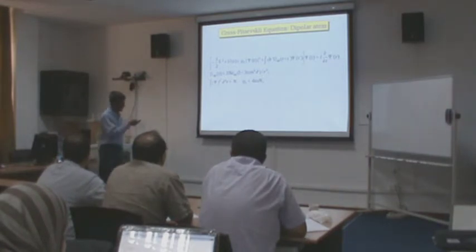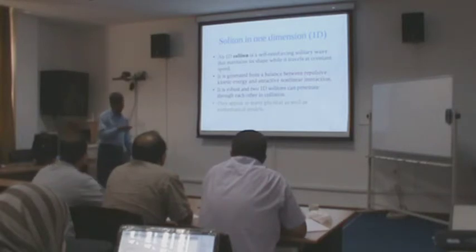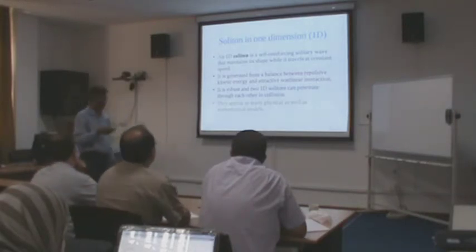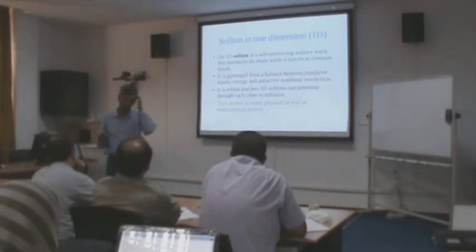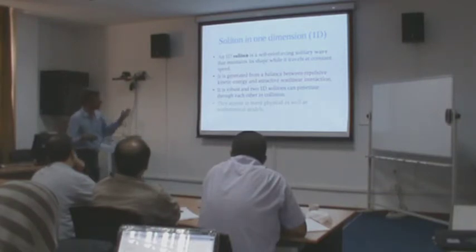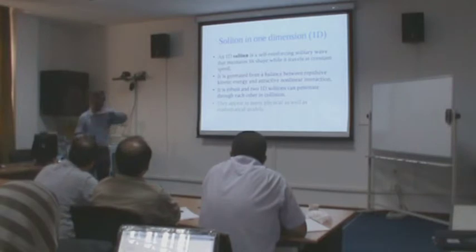So we solve it following his prescription. The soliton in one dimension is this. This is a three-dimensional equation, and usually there is no soliton in three dimensions. A soliton in three dimensions or two dimensions is a lie. But what is a soliton in one dimension? The mathematicians define a soliton in one dimension. It is like this.